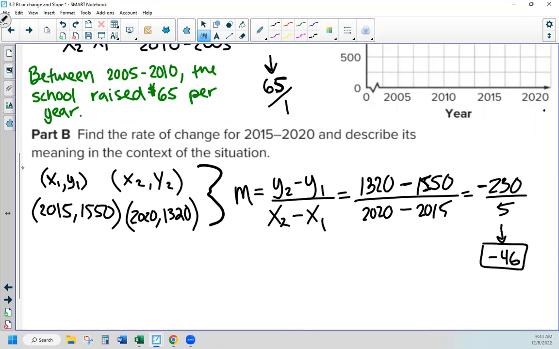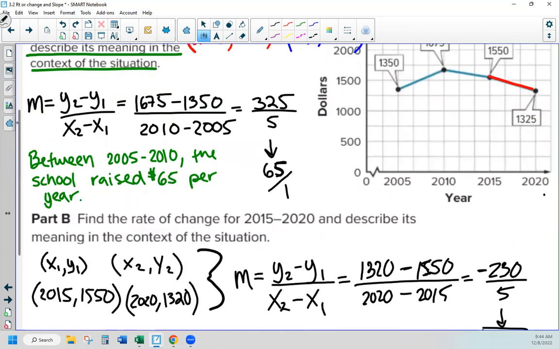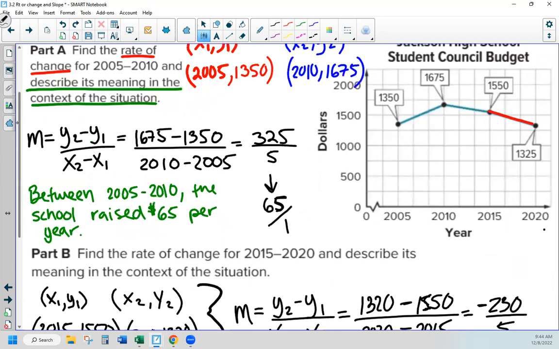Okay. So what can this be? How can this be talked about in the context of the situation? Remember that this graph is talking about the school's fundraising budget, so how much money they've been making throughout these years. As we said before, this is per year when we talk about